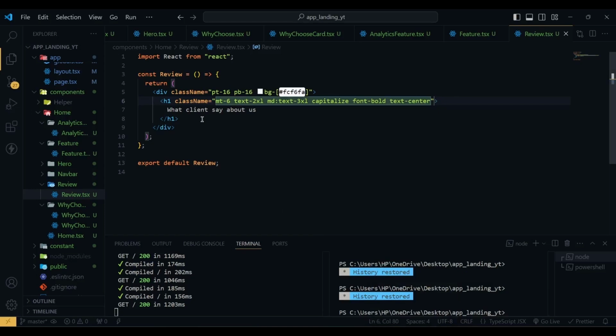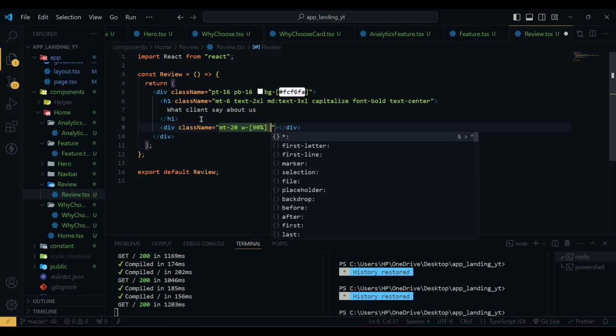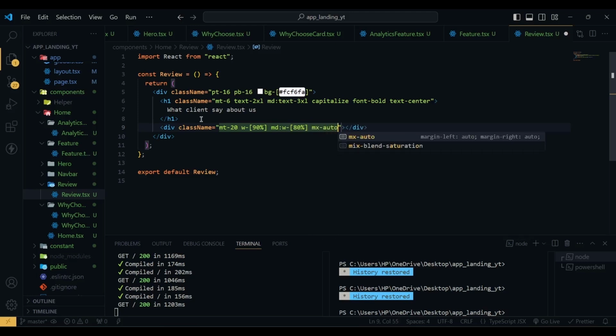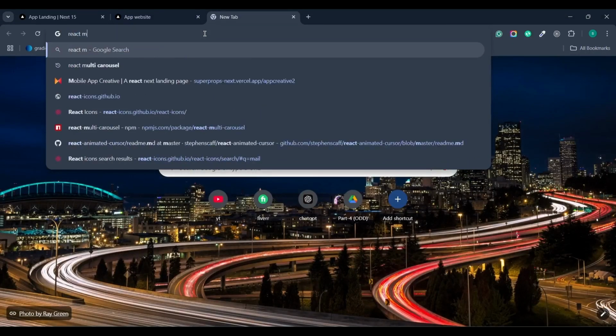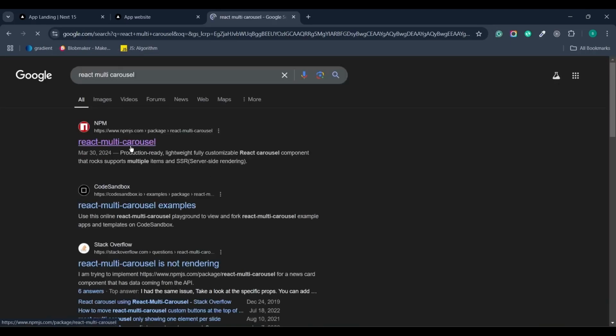And next we have a div with class name of margin top of 20, width will be 90%, in medium screen width will be 80%, and mx will be auto. And then inside this div we are going to show our slider. So for the slider we are going to use an npm package. The npm package we are going to use is react-multi-carousel. So if I search for react-multi-carousel and then go to their npm page,